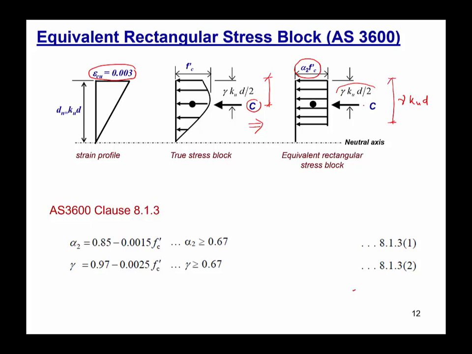So the point of application of C is gamma Ku d over 2. Again, as I discussed earlier, alpha 2 and gamma are constants, which are given in AS3600. If you look into AS3600 clause 8.1.3, it gives us the equation to find alpha 2 and gamma to draw the equivalent stress block. As you can see, alpha 2 is given by this equation and gamma is given by equation 8.1.3.2. And the maximum value of alpha 2